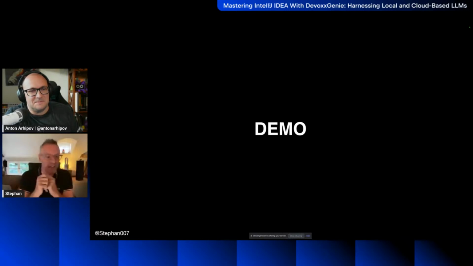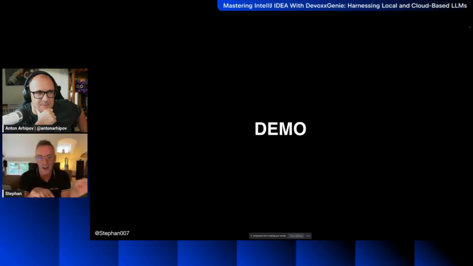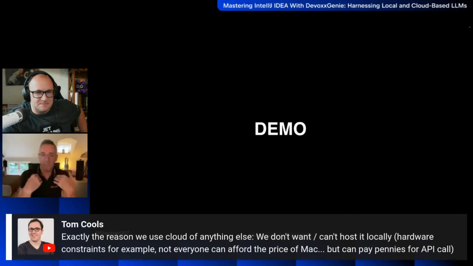The cool thing is, I'm thankful, I never thought I would say that, that Mark Zuckerberg was a bit late in the game. And he saw that he was too late with OpenAI and with Google. So he decided with Meta AI, let's do it all open source and just make it available. So Llama 3.1, which is from Meta, it's basically his way of undercutting the whole cloud LLM business model and sabotaging that. But to the benefit of us developers, because now we have these quality models that we can run